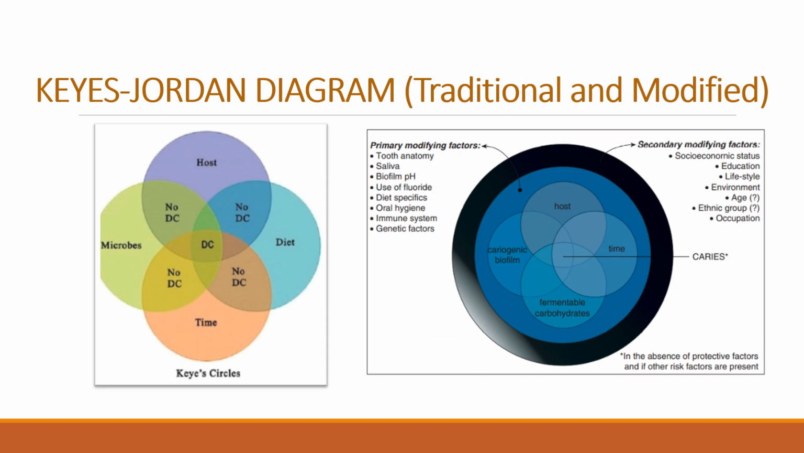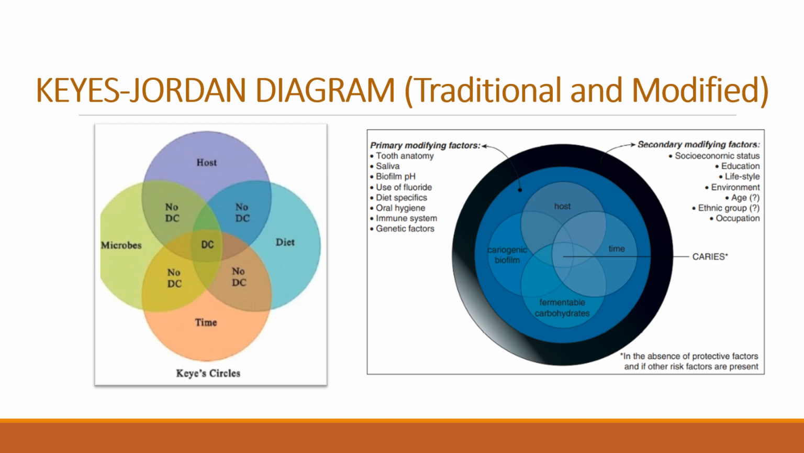This is the famous Keys-Jordan diagram, both traditional and modified. On your left, you see the traditional Keys-Jordan diagram. On your right is the modified Keys-Jordan diagram. Now, all of us are familiar with the Venn diagram, and this is a Venn diagram with 3 to 4